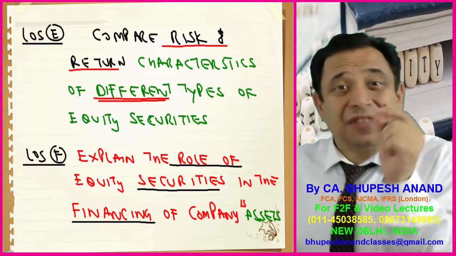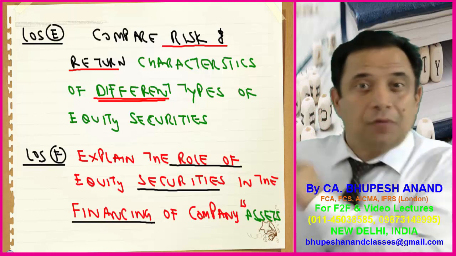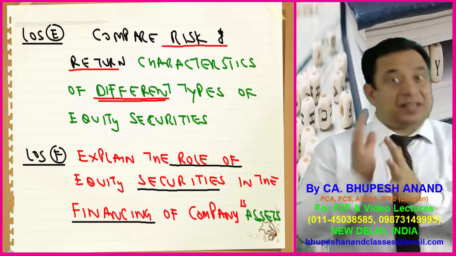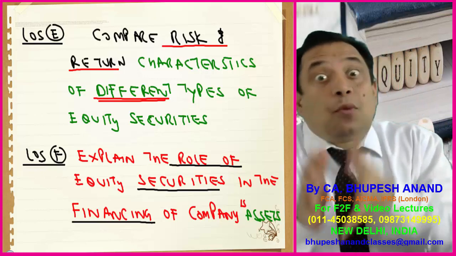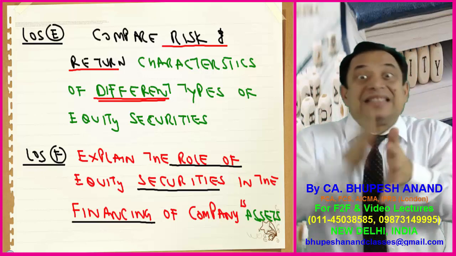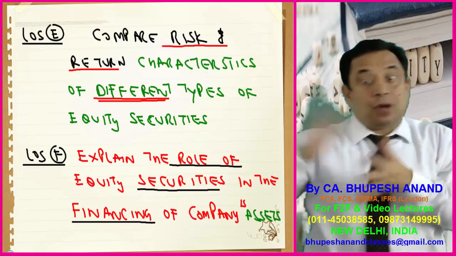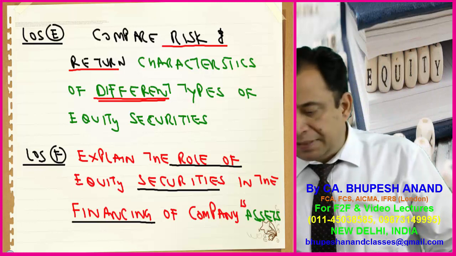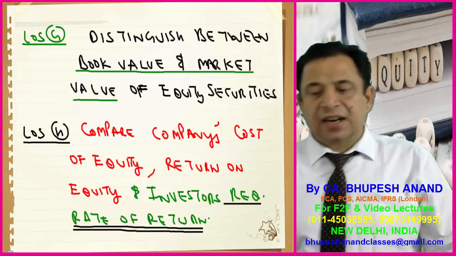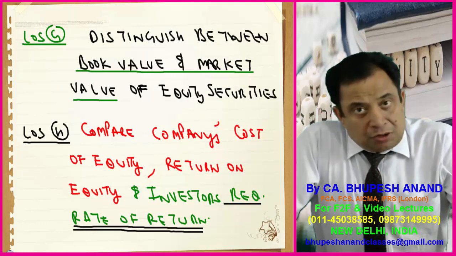Risk and return features of different types of equity securities. And what are the different types of risk? No doubt equity securities have more incidence of risk, higher standard deviation, but we have to compare it. Then the role of equity securities in financing companies' assets, and the last learning outcome is to distinguish between book value